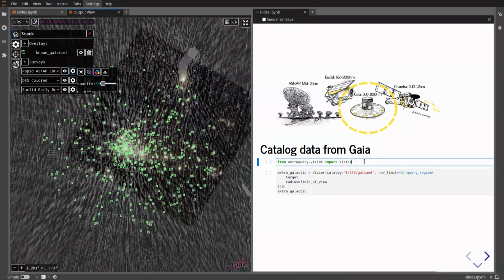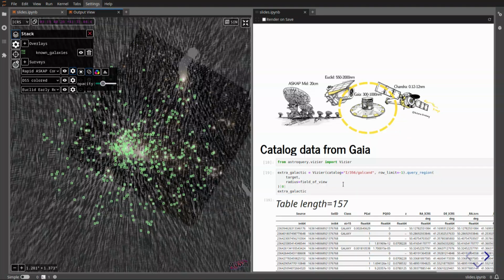And I'm using AstroQuery again, but on a different database that we also host in Strasbourg, and that is the galactic candidate catalog, so GalChem, in Gaia, the telescope. When I do that, I'm sending the query, and it says that for the field of view and the target that we got, we get